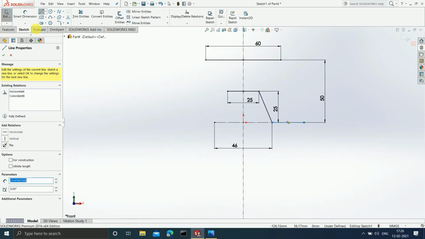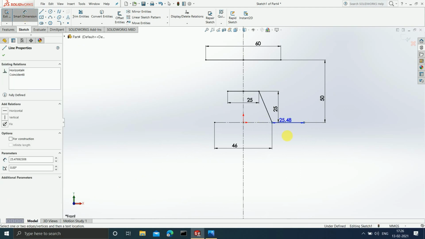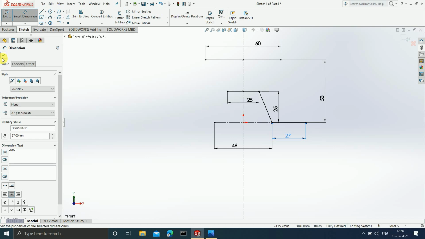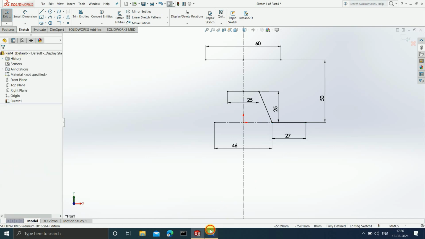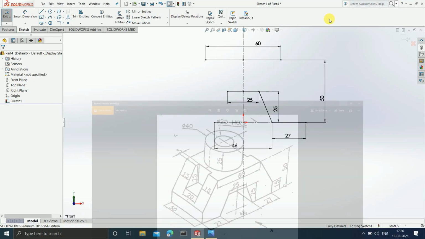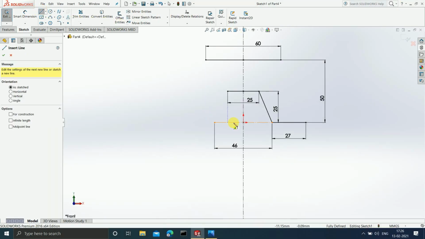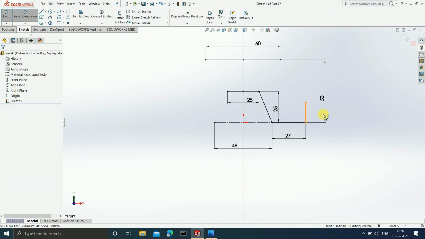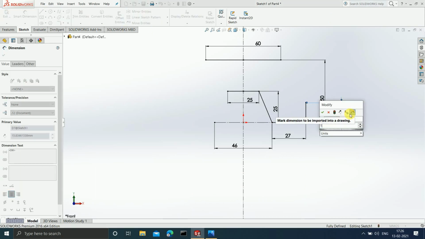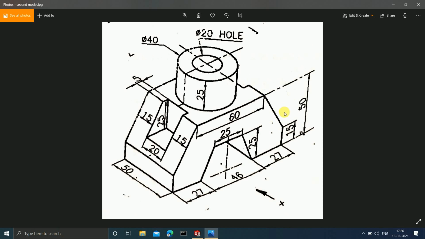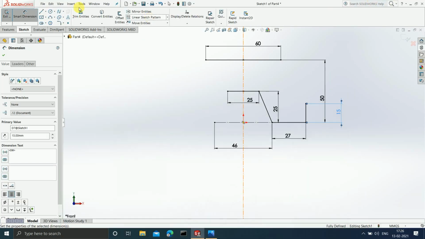Okay, done. Now click on Smart Dimensions, give the dimensions 27 mm, enter, done. Dimensions are done. Now after this, draw a vertical line which is 15 mm. Okay, so let's draw a vertical line of 15 mm. Okay, let's give the Smart Dimensions to it, 15, enter. Now after this, you have to simply join these 2 points and you will get a slant line again.